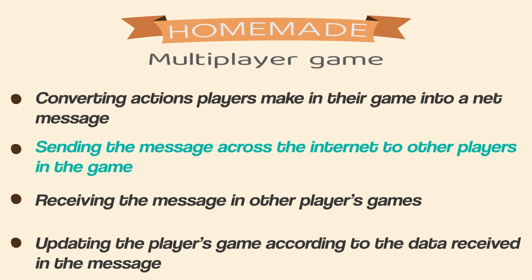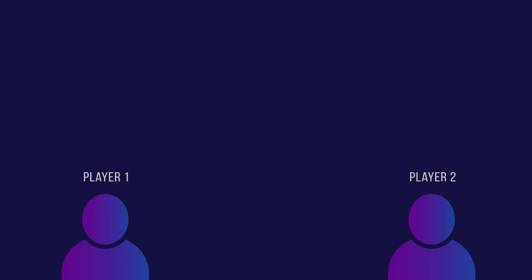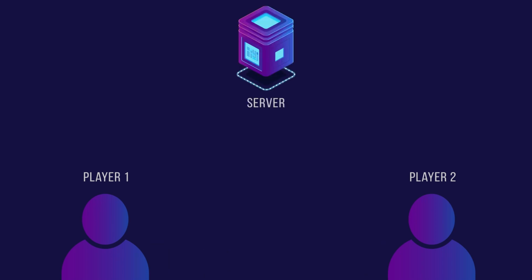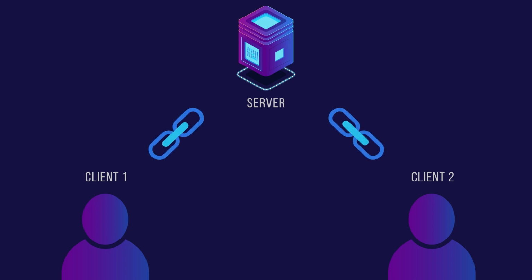To do this, we're going to use a client-server model. As I said before, the only thing you need for a multiplayer game is a way to send messages between players. A common way of doing this is using the client-server network topology. Essentially, each player in a game is a client, and at the start of the game they will connect to that game's server. Then, when they want to send network messages to each other, they do so via the server they're all connected to. Player 1 will send a message to the server, and then the server will broadcast that message to all other players. And it's as simple as that.